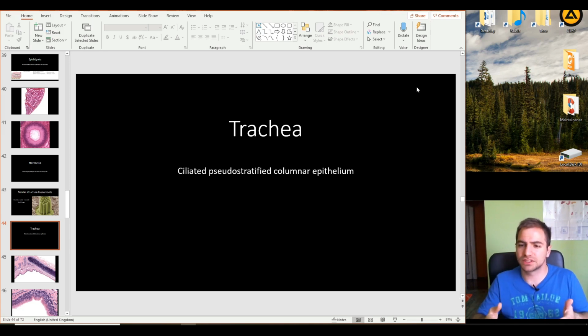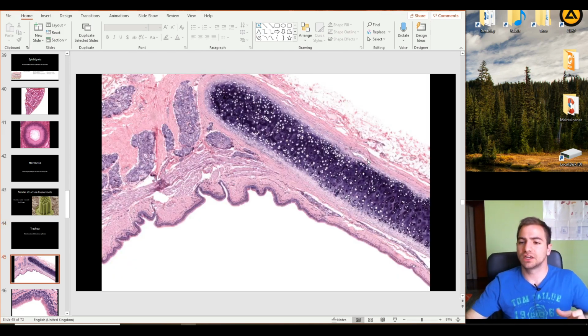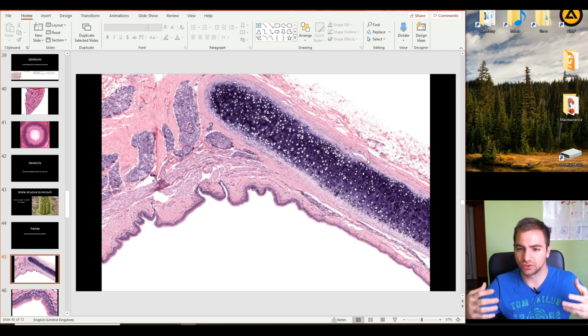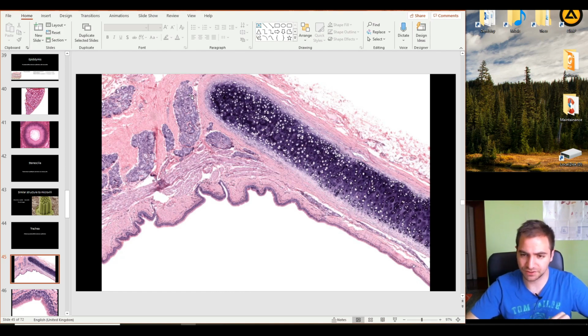So the first thing that we're going to see is in the trachea. So let's actually see this structure. If you take up the slide of the trachea, you would see these structures right here. These are glands. This is our epithelium. We'll discuss the glands a bit later. And this is of course the cartilage. We're going to talk about cartilage in another video, the hyaline cartilage. And here, on the top, we're going to find the epithelium that we care so much about